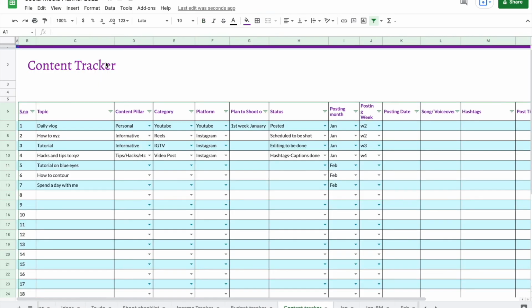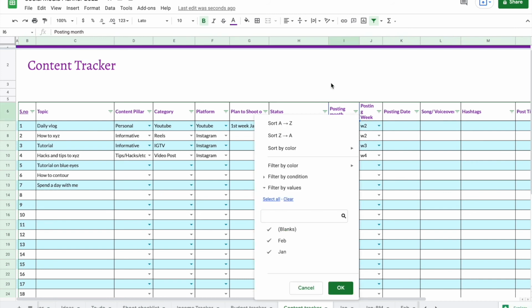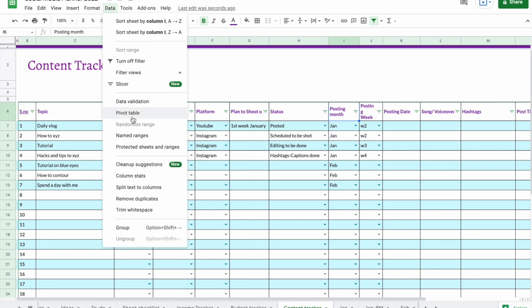Then I just wanted to show you this little way. For example, you want to track your content, but you don't want these conditional formats, like you don't want this filter. You can just remove this filter by going to data and turning off the filter. Same for data validation.